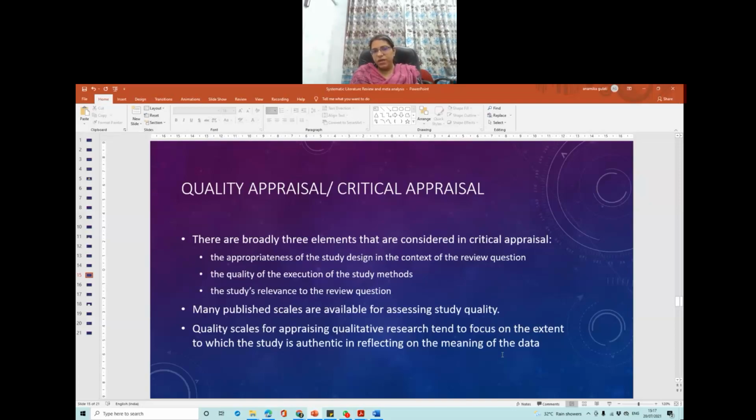So this is also defined in the protocol: while we are extracting about survival, we would be extracting either continuous data, that is the survival in years, or dichotomous data, that is the number of patients who have increased overall survival. So this is an example of the different kinds of data being extracted while doing the systematic review. This all depends on the type of research question you are assessing. If it's education based, the data will be different. If it's clinical trial based, the data form would be different.